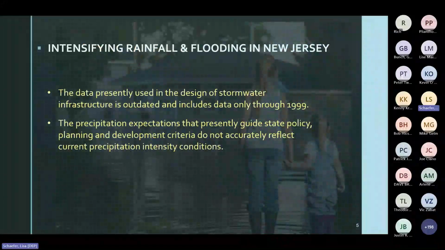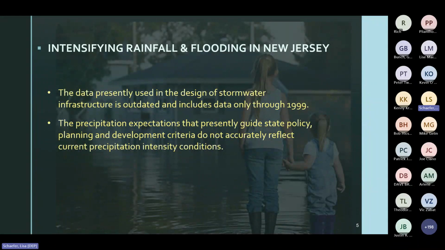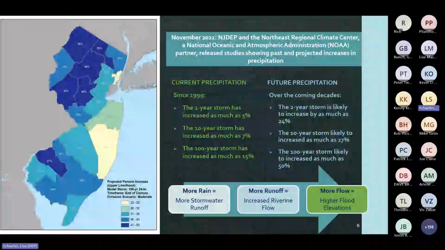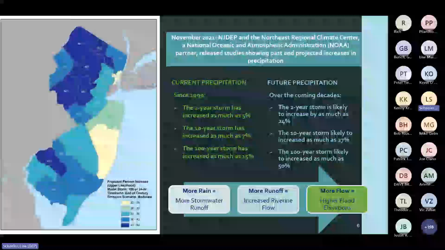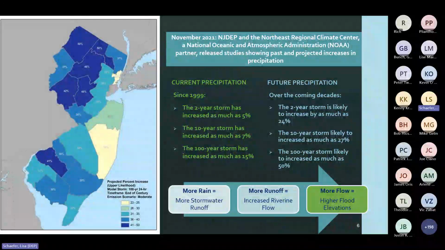The reasoning behind the rule amendments is based on the scientific studies showing that data used for the design of stormwater infrastructure is outdated. It no longer reflects what is happening in our state, so much so that in November of 2021, the Northeast Regional Climate Center, which is a partner with the National Oceanic and Atmospheric Administration,